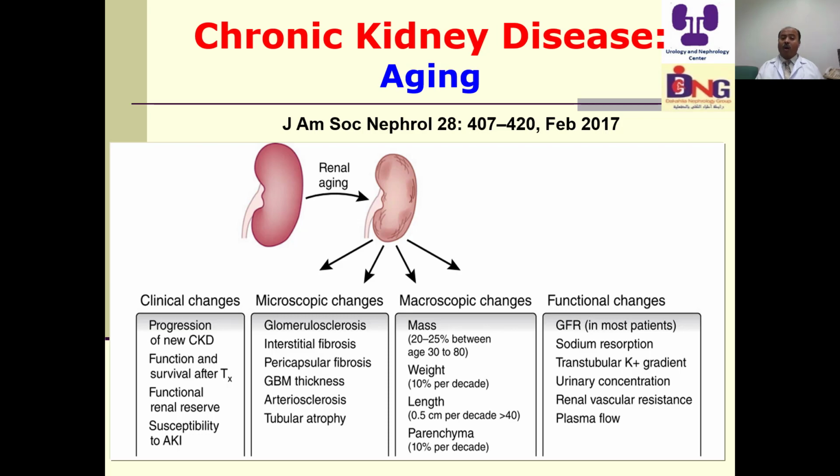This is why these persons are more prone to dehydration, because they cannot concentrate urine maximally. So we should avoid, combat and prevent dehydration. At the same moment, they are not able to tolerate volume because they cannot dilute urine maximally. So they are more prone to volume overload, hyponatremia, hypertension. So we should be very careful about giving fluid therapy for elderly patients in the hospital. We should avoid dehydration, and at the same moment we shouldn't